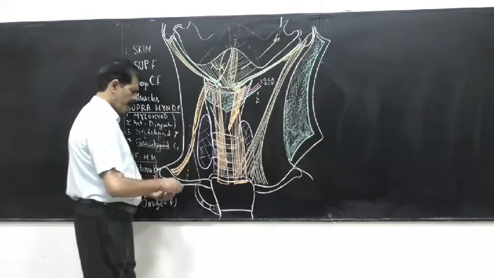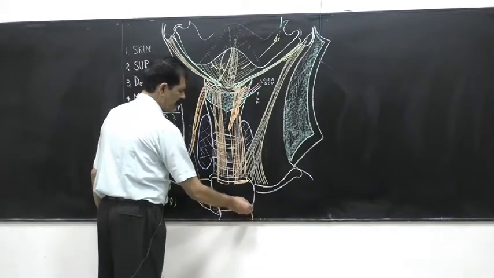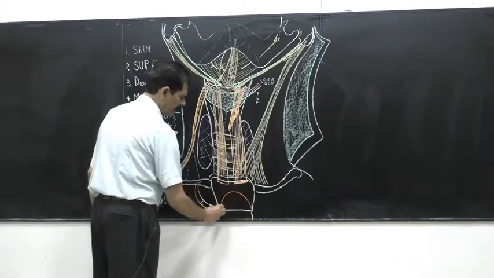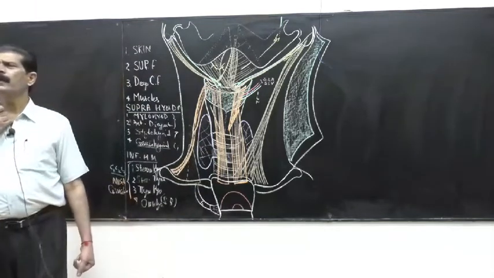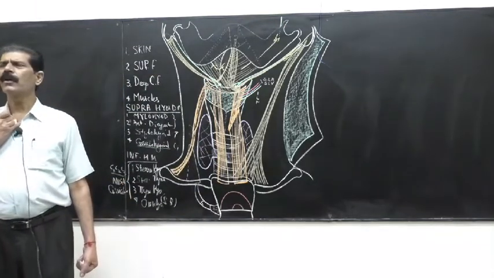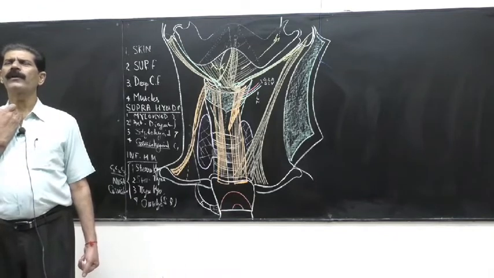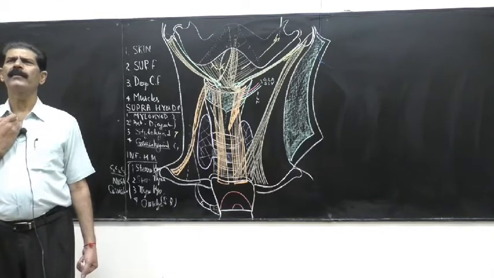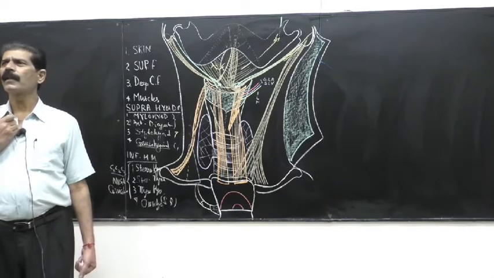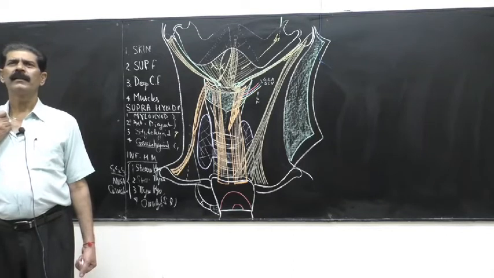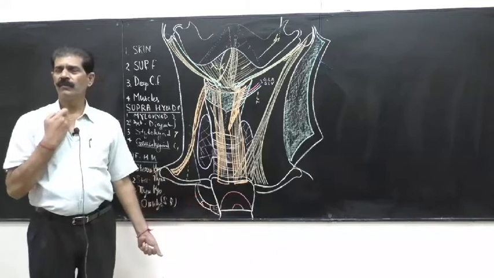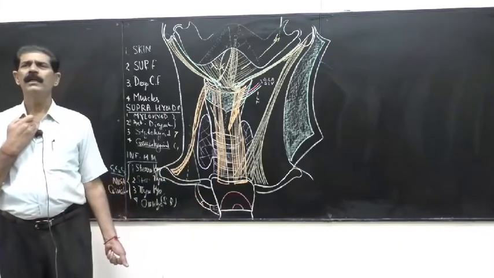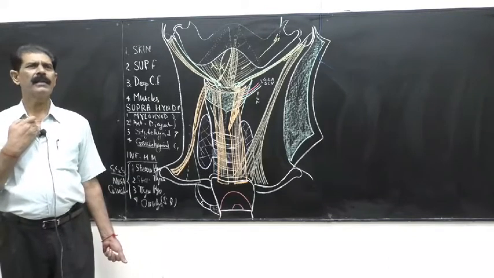Then, the arch of the aorta starts here and the arch of the aorta ends here. It lies just below the sternal notch. When you put your finger on the sternal notch and bring it to the middle, slightly you feel a raised area. This raised area is the sternal angle. Go laterally. What do you feel? Costal cartilage of the second rib. So this is how to do the surface marking of the manubrium sterni, sternal angle, and the second rib.